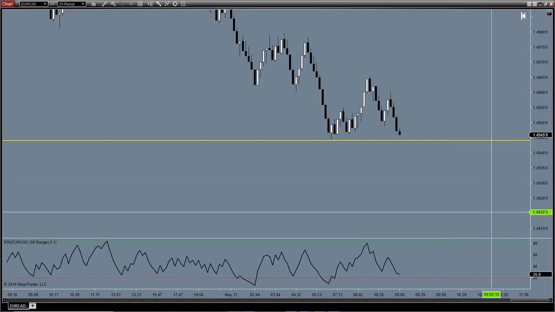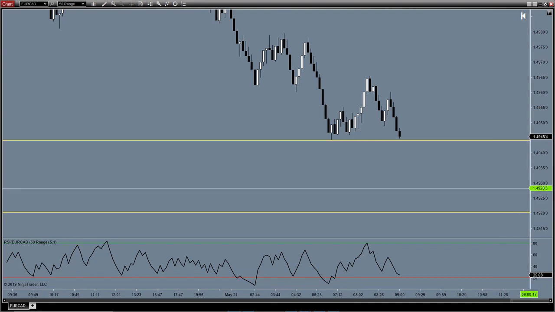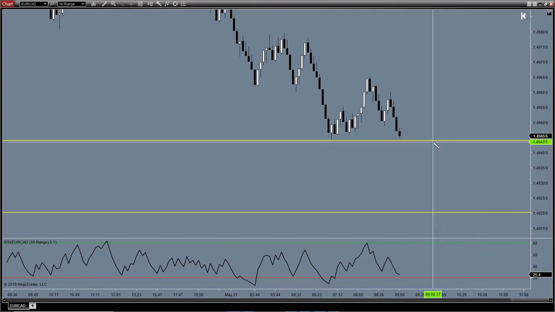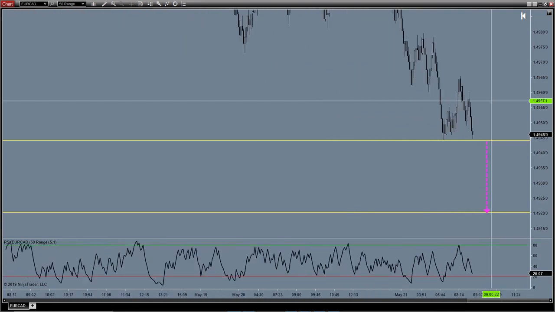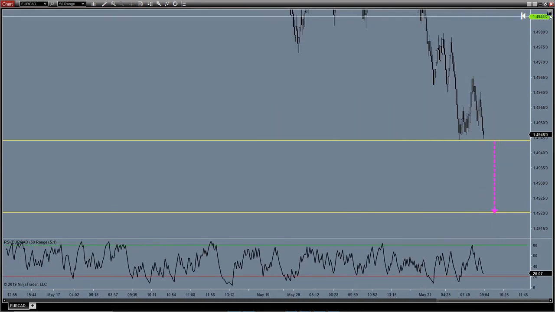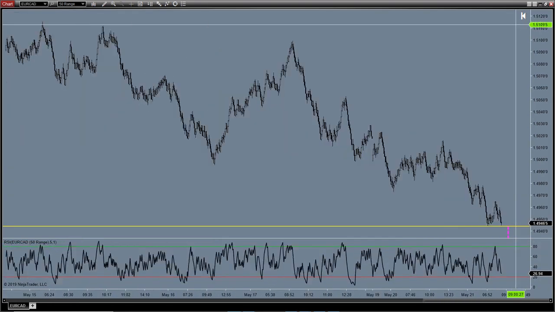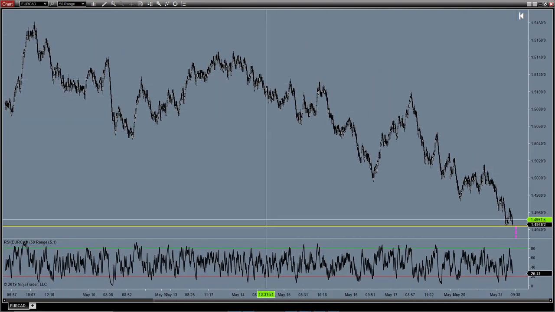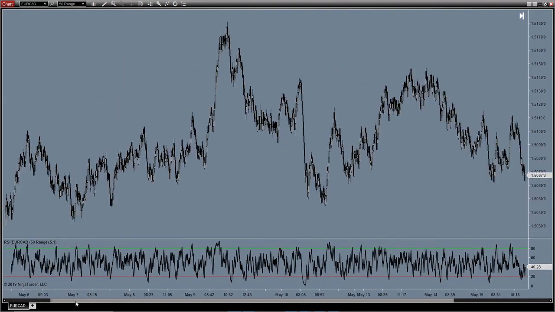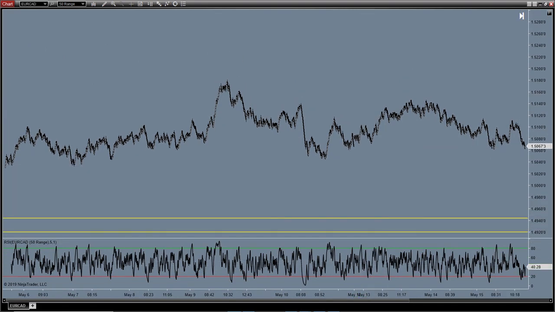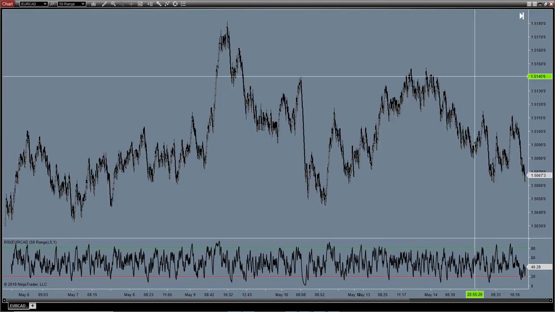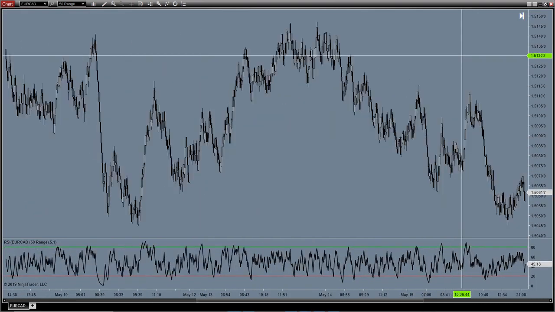Right? And we're asking ourselves, how can I get involved in a move between this level and this level? And that's all you're looking for. Let me zoom out. I don't think I have enough data on here to see what that level of structure looks like. Yeah, not on the range bar chart. But we reset the process.